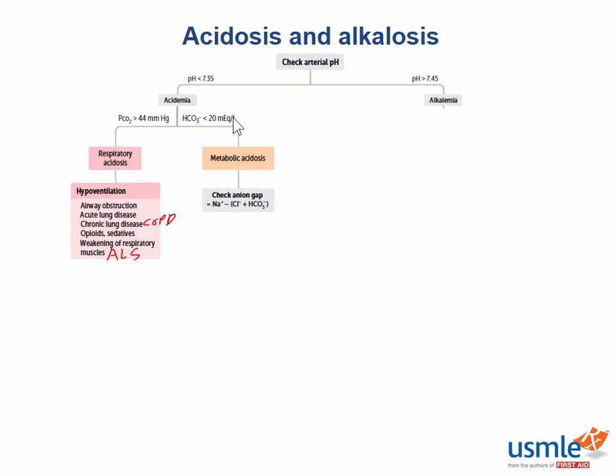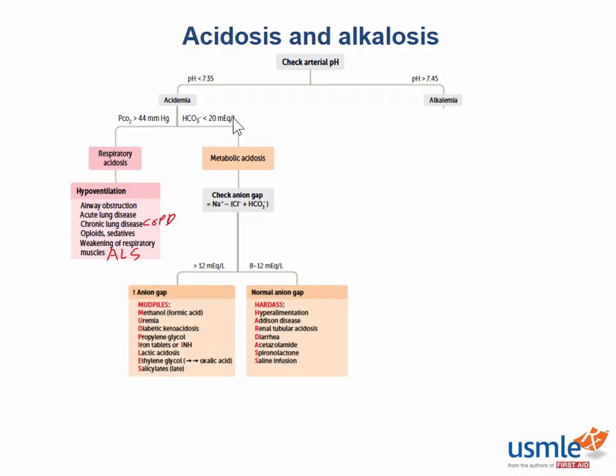And what should a normal anion gap be? A normal anion gap is defined as between 8 and 12 milliequivalents per liter. An increase above this tells us that there are additional anions in the patient's blood. This is important because these anions can be derived from acids that have donated their hydrogen ions to cause a decrease in the pH. Causes of an increased anion gap metabolic acidosis can be remembered with the following mnemonic: MUD